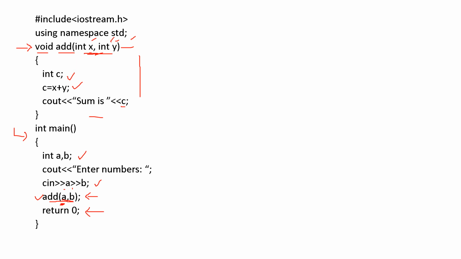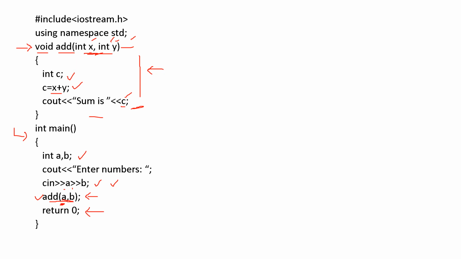Now x + y actually means a + b. It gets the values of a and b, goes to this function with those values and executes. x is a and y is b, so you get the values of x and y, add them, save the result in c, and it is displayed.